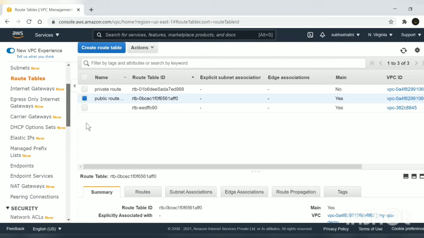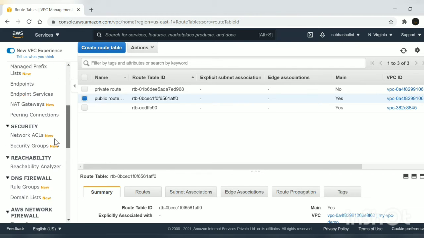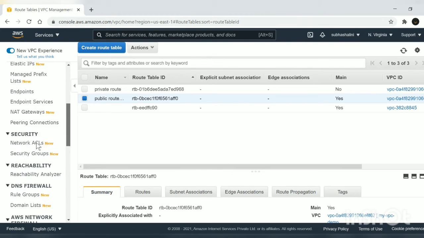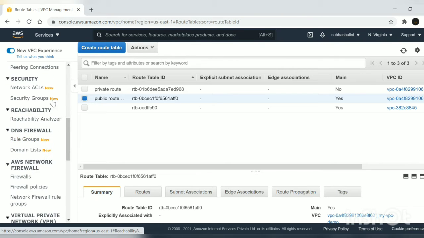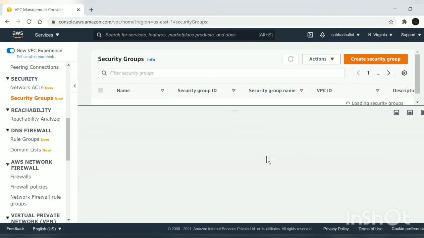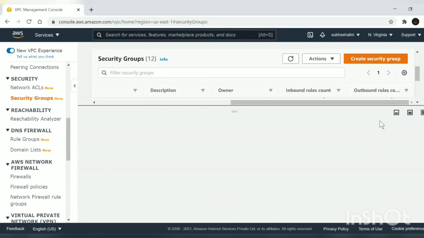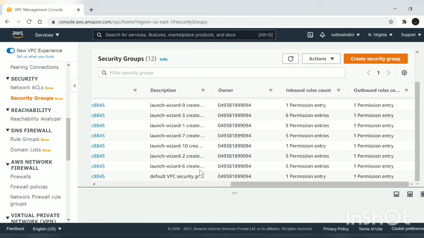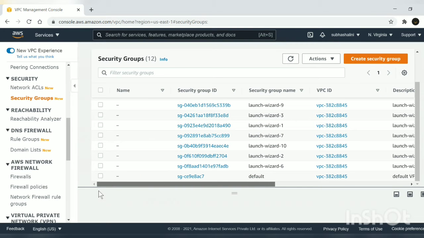Now we need to create a security group. For that, go to security group. There's a default security group which is available. You can choose any one of them or you can create a new security group.